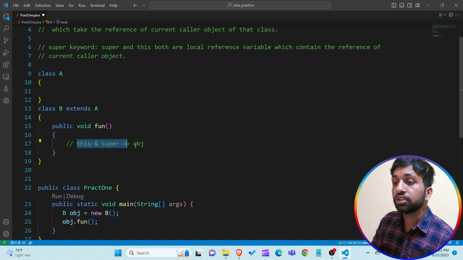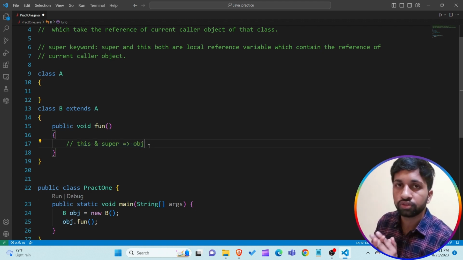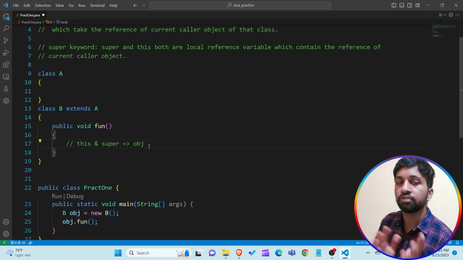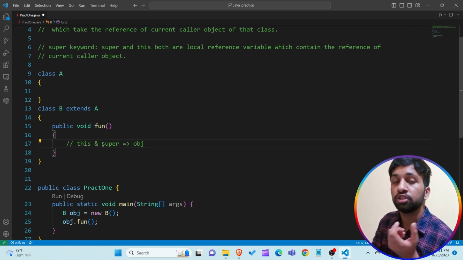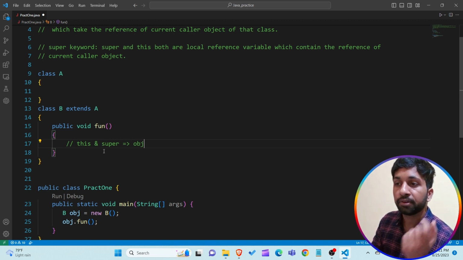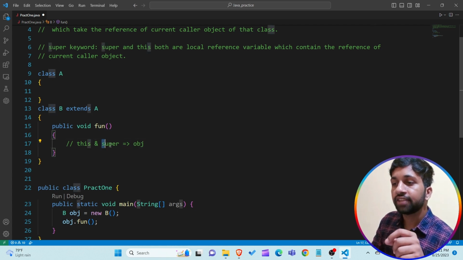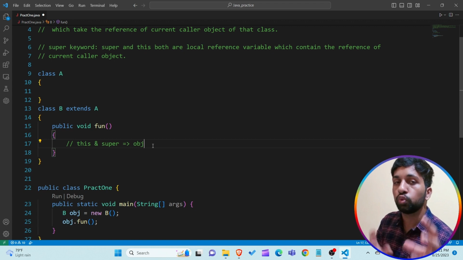Okay, the question is what is the difference between both of them, this and super? We already know the this keyword, because the this keyword is the local reference variable which contains the reference of the current caller object. And we are saying that the super keyword is also the same. The super keyword is also present in this child class instance member method, and this time the super keyword and this keyword both point to the current caller object. In this example, obj is the current caller object, so the reference of obj is contained by these two keywords. So the difference here is,